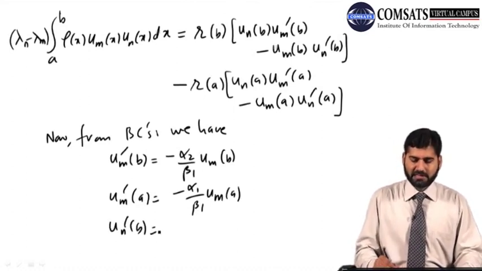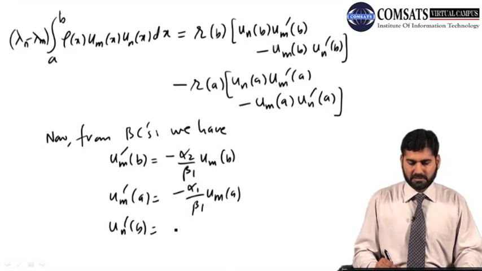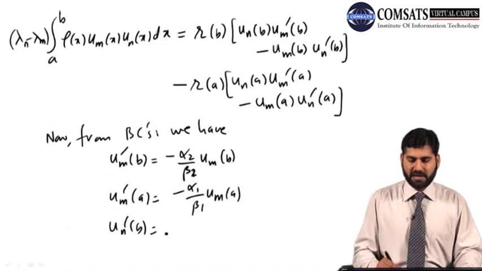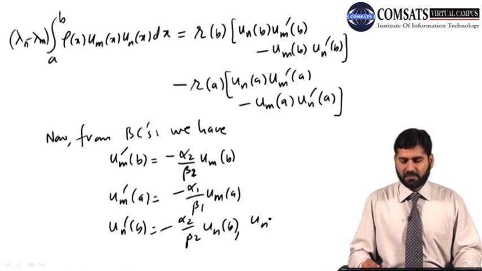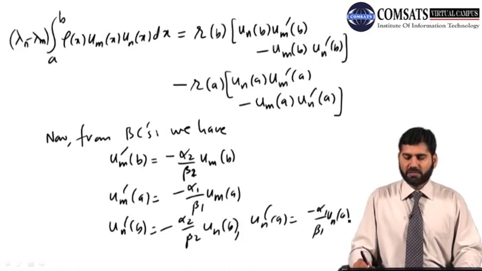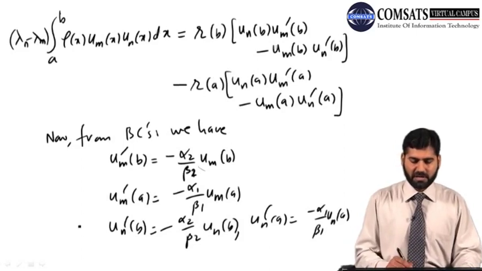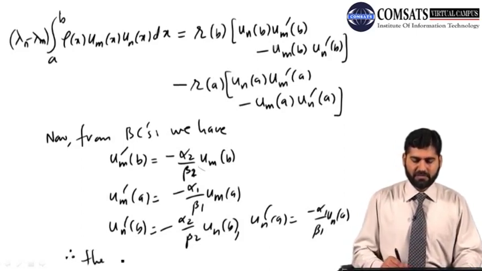Un prime of b is minus alpha 2 by beta 2 un of b, and un prime of a is equal to minus alpha 1 by beta 1 un of a. So it means I can replace all these derivatives by these without derivative terms, but there will be a factor of minus alpha 2 by beta 2. So the above equation becomes